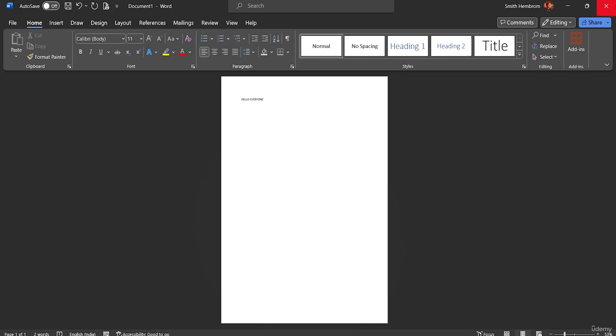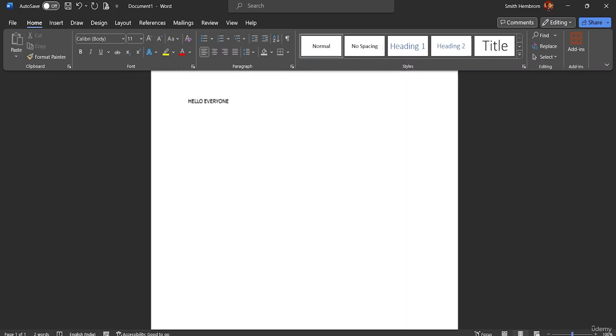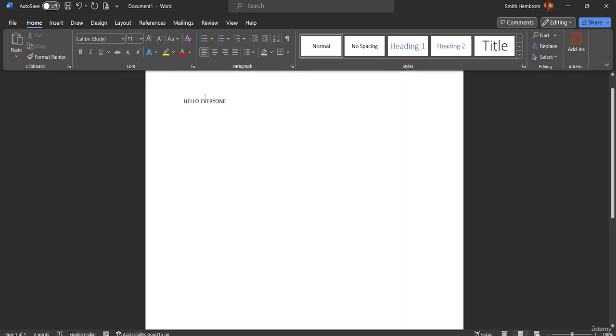Okay, so if I just type this, hello everyone, right over here, and if you want to zoom in to that particular word, you can come here and just zoom in at this point. Once I've written it, here you can see I have written this particular text down over here. So now if I want to change this text font,